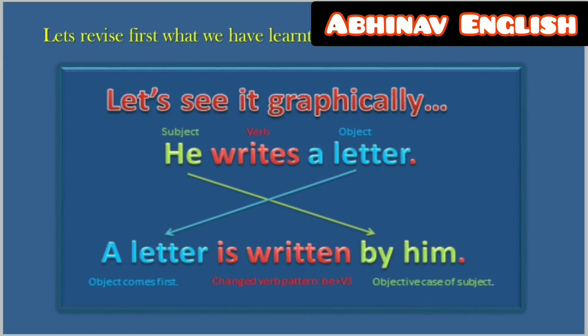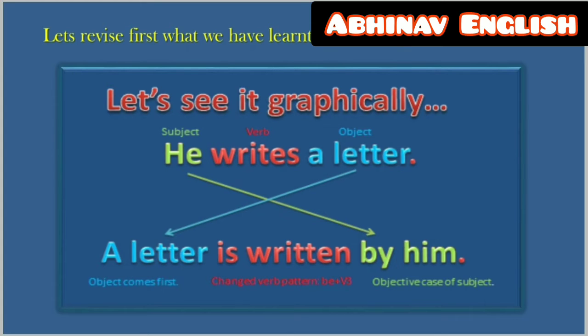A letter is our object in the what part. So we take a letter first, then we change the verb pattern according to tense. Tense is our simple present tense, so is written, and we convert he, the subject pronoun, into by him. Okay,